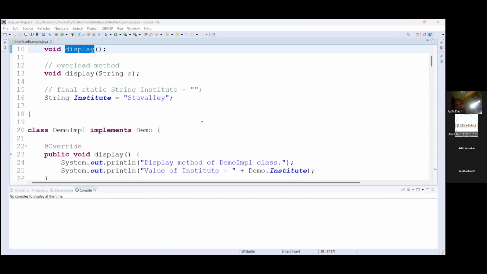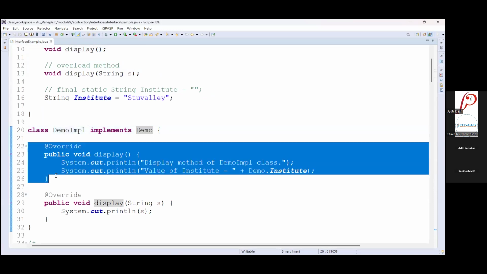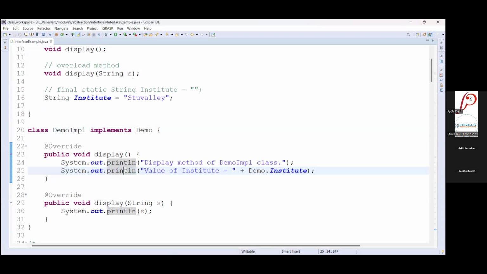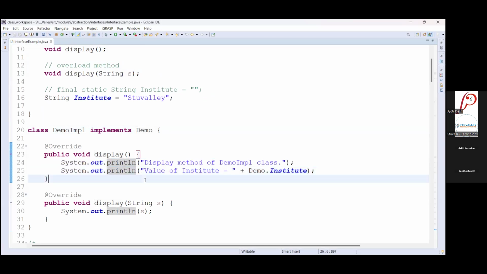That is the reason we were writing abstract methods inside an interface. So who will provide the implementation? The implementation class for this particular interface provides the implementation according to its need, right?